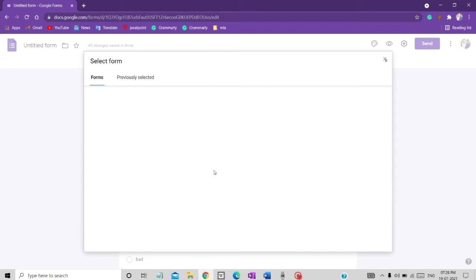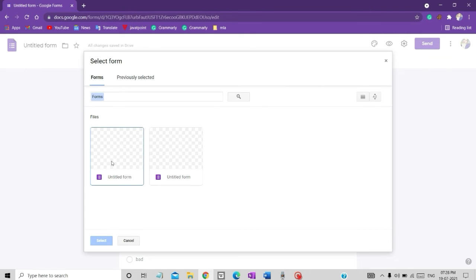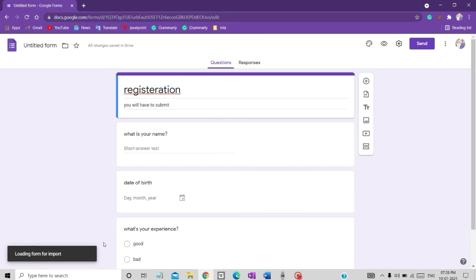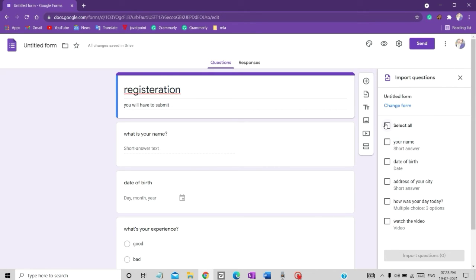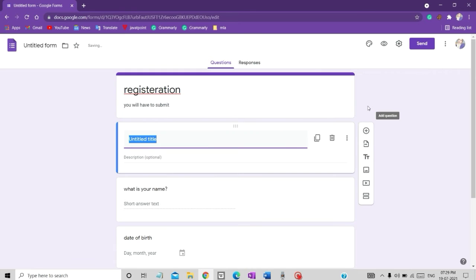This means that if you have created some other form previously, some Google form, you can choose this form and select here. By selecting here, you can import everything, the form, the questions. If you want to upload only one question or a number of questions or the whole form, then you can click here. If not, then you can cross here.